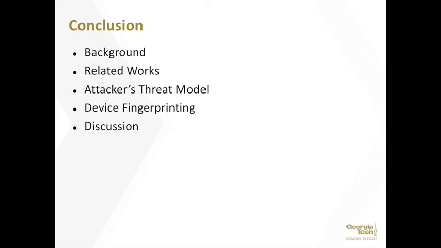So today we talked about the background and related works with regards to device fingerprinting and ICS systems, how an attacker would actually compromise and attack an ICS system, the device fingerprinting approaches outlined in this paper, and then how well they did against attack forgeries, as well as identifying products and differentiating between different products and different configurations. So overall, this paper was very interesting to read.